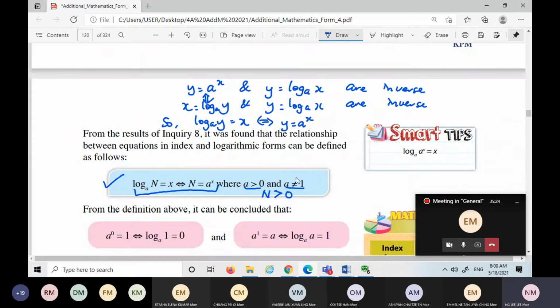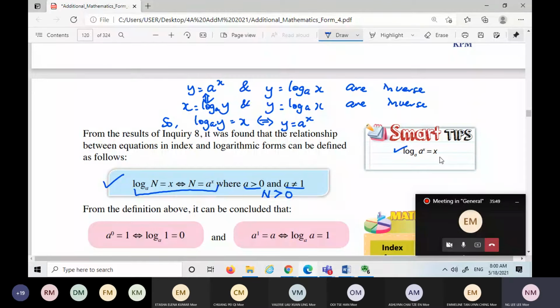So these three constraints you can write. Okay, another one is this. Another one is this. You also